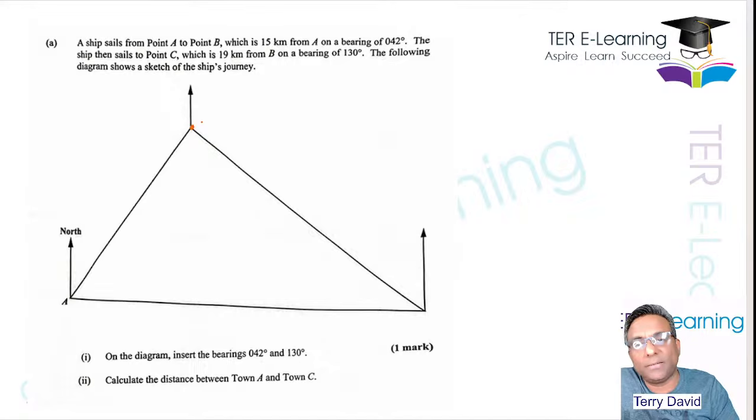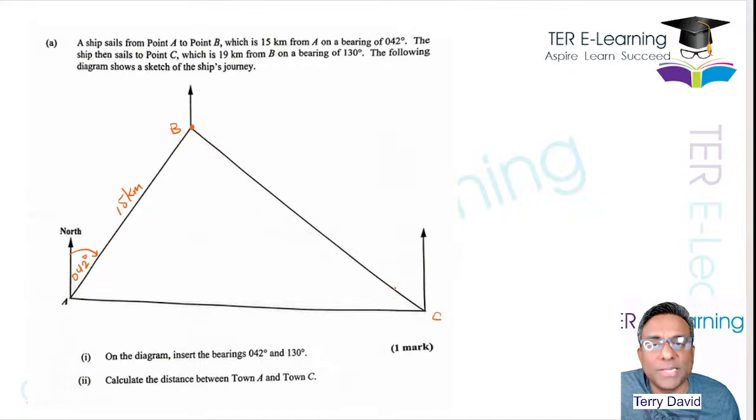So you see this point here has to be B, and this point here has to be C, based on the information that they're telling me here. So this distance here is 15 kilometers. This here is going to be 42, so this is 042. That's your bearing here. Then they also told us that the ship sails to the point C, so this is 19 kilometers, right? And that bearing here,